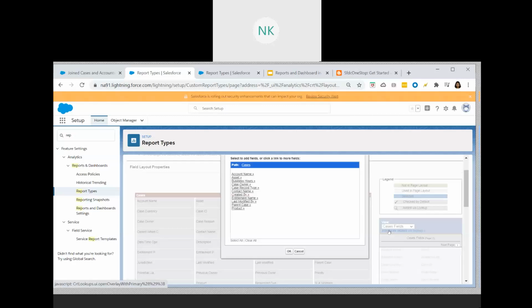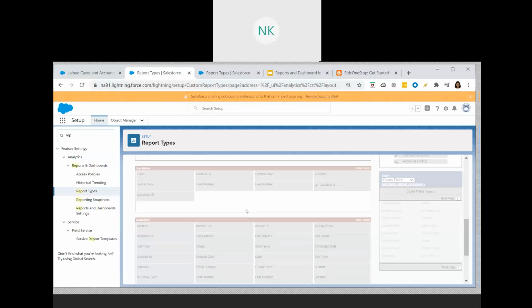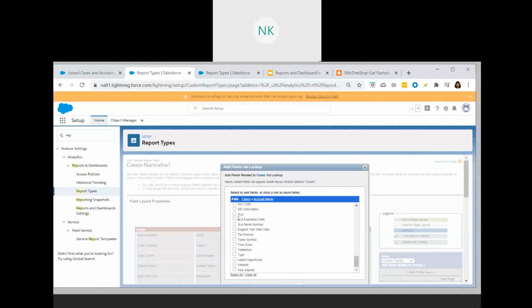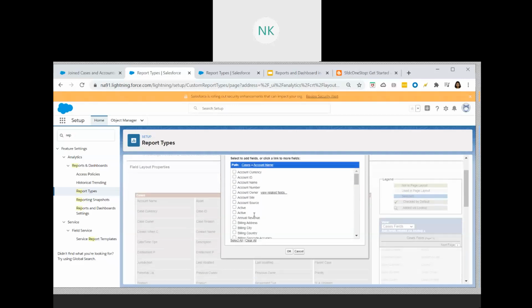Let's click on this. Here you see it is a lookup to the account name, asset, business hour, case owner, record type. So I'm choosing account name. When I choose the account, all the fields which are related to the account are being shown to me. So on the case, what more information are you looking for? If you know which particular details or fields should be added as a lookup, you can search for that specific field and add it